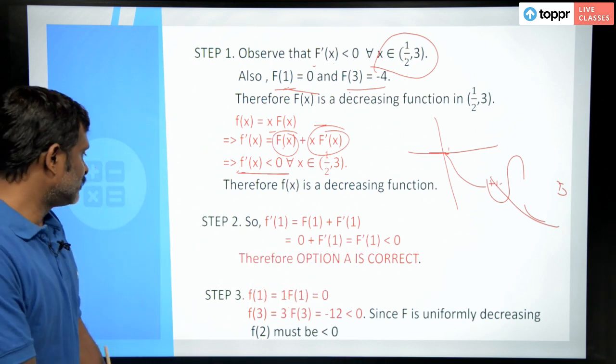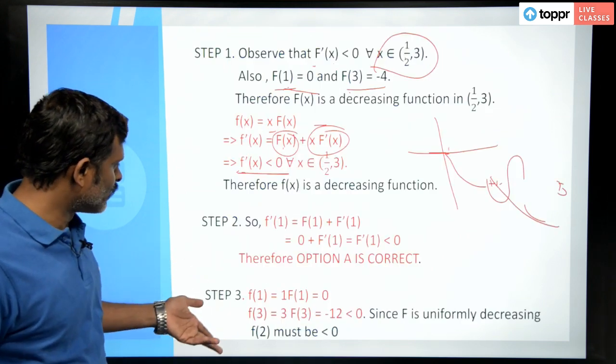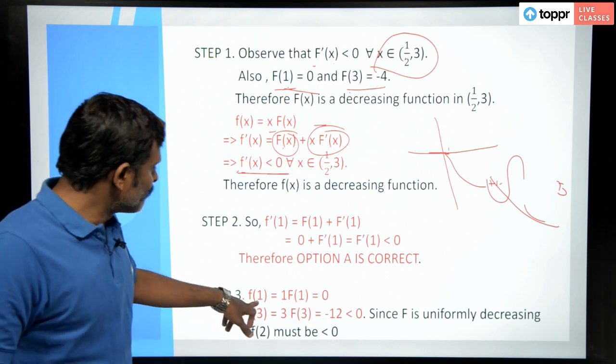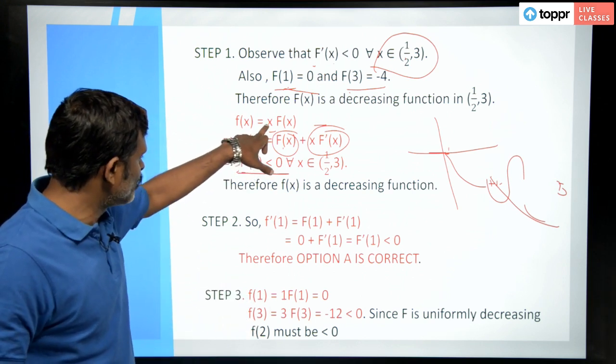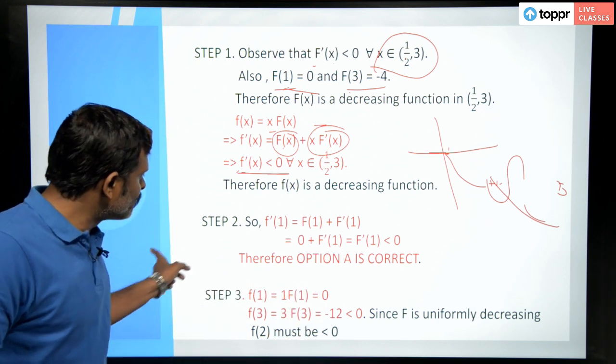Next one, what is the next case? f of 2 is less than 0. So, you have to find f of 2. Now, f of 1 is in this, if you substitute 1 here, 1 into f of 1 which is 0, and then f of 3